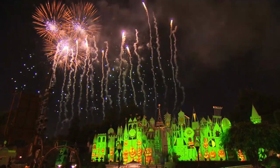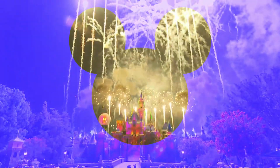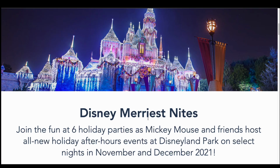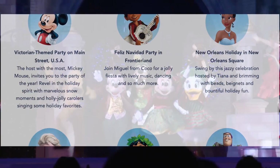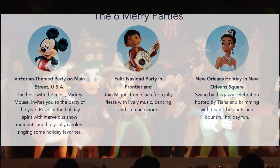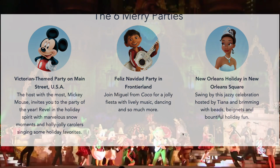As you book your dates for November and December, keep in mind that Disneyland is closing at 7 p.m. on select nights to host the Merriest Nights Party. This after-hours event looks really cool, and it has 6 different theme parties planned in different lands. There's Buzz in Tomorrowland, Lilo and Stitch in Adventureland, Frozen in Fantasyland, Tiana in New Orleans Square, and Miguel in Frontierland. But the one we're really looking forward to the most in this sold-out spectacle is the Victorian Christmas Party